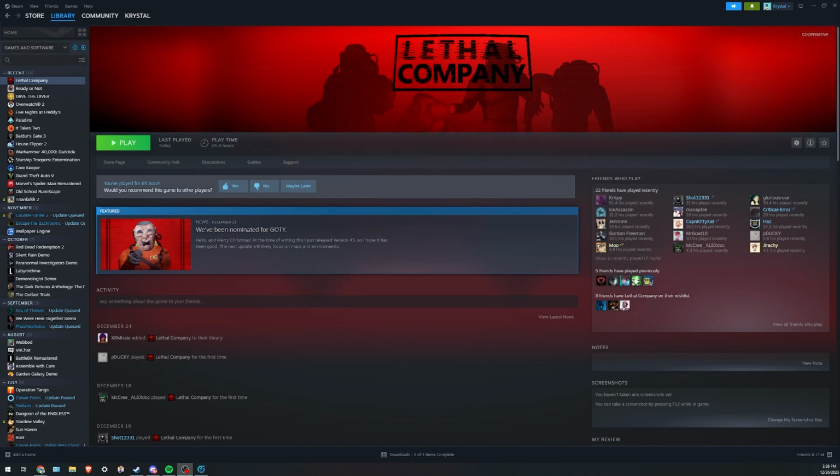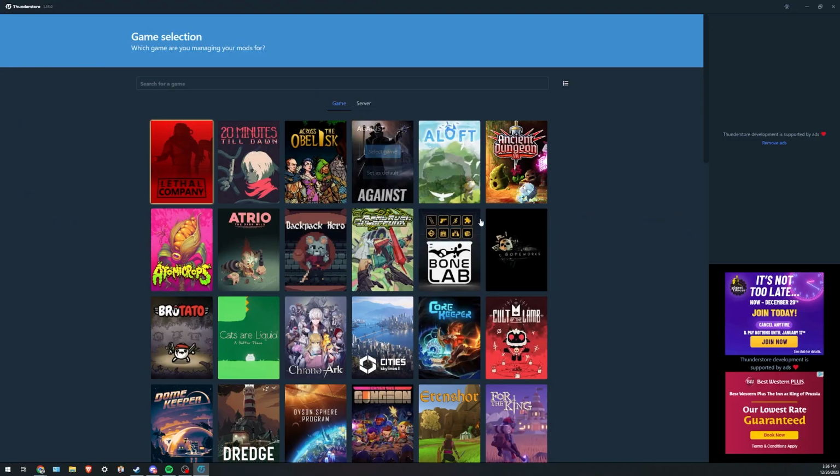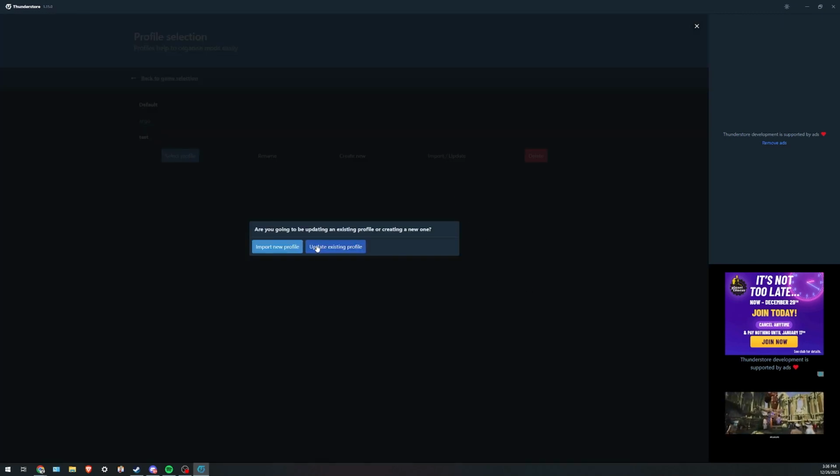Step number 2, you need to go to the Thunderstore website and get the app right here. Once that app has been downloaded and installed, you want to open the Thunderstore, search for Lethal Company, give it a star, select the game, and once the game has been selected, you want to go here to import update,